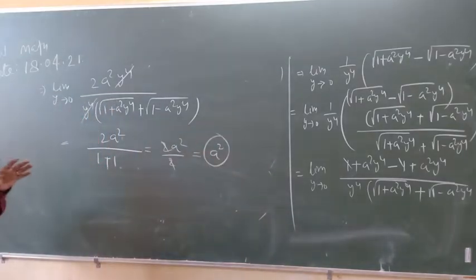You can do this problem in this way. There is no trick here. Only one thing you need to know: the conjugate is multiplied when a root is coming. In any case, if a root is coming in a limit function, then the conjugate is multiplied in both numerator and denominator sides.